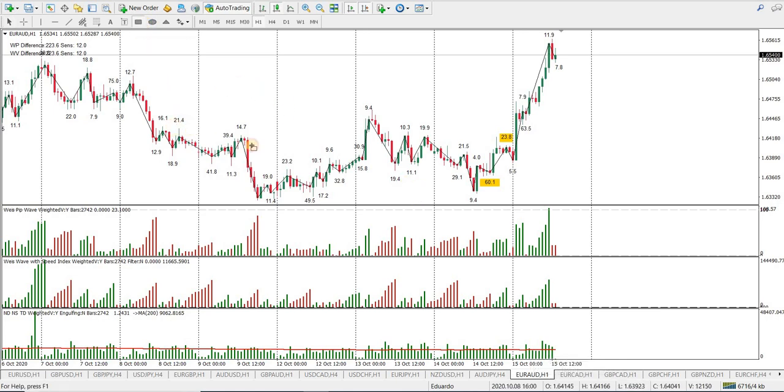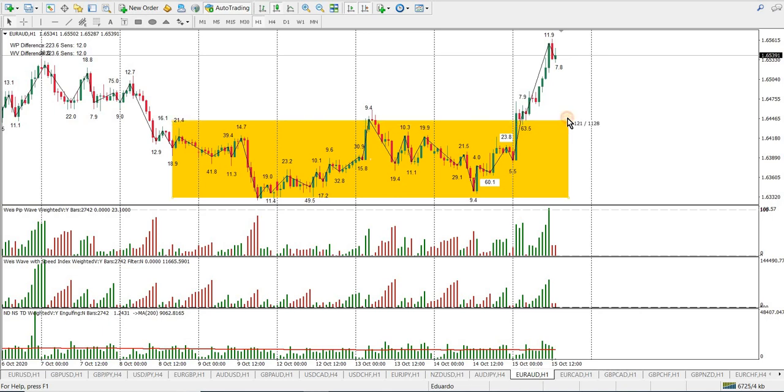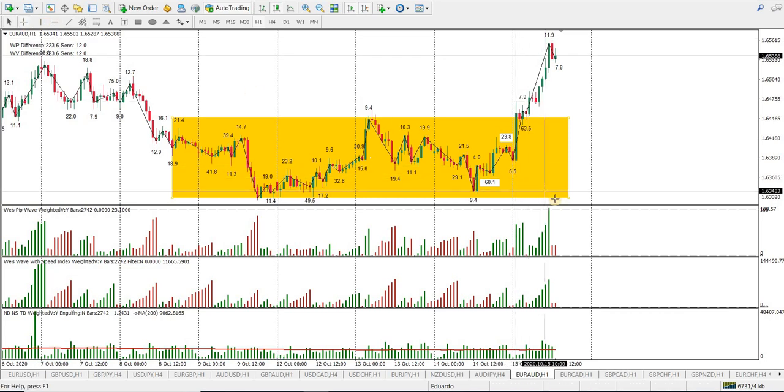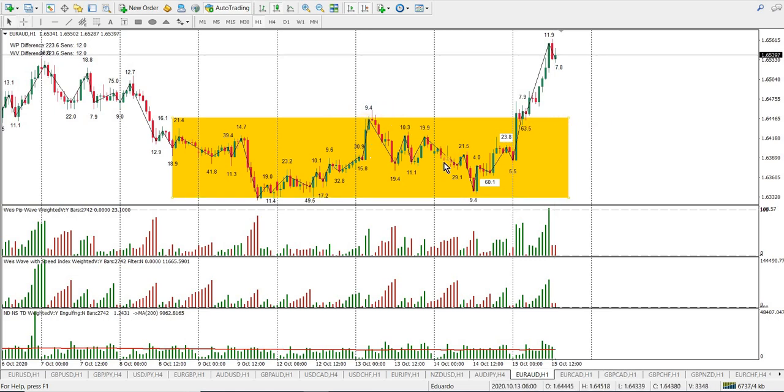Okay, we are again in a messy chart. I would consider this a range, quite huge. All right. How big is it? 114 pips, 115 even more if I take this high. So what do we see? Effort versus result down here. That's 60 SI. There's nothing like that on the down moves here. Okay.